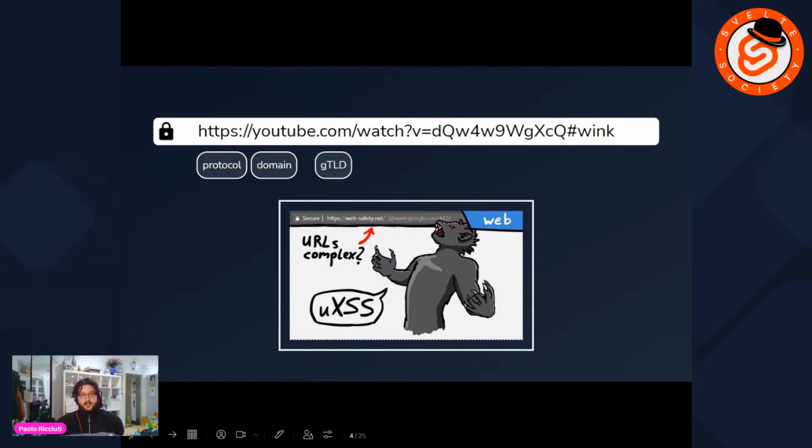Then there is the domain and the global top-level domain. And this couple of things are what developers usually buy as soon as they have an idea. The reason why they buy it as soon as they have an idea is because those are unique. Once you buy a domain, you basically get the right to associate this human readable domain to an IP. And hopefully behind that IP, there is a machine connected to the web that runs a program, a server, that can serve you the content that you are searching for. So in this case, when you write youtube.com, the request gets sent to the YouTube server that serves you a